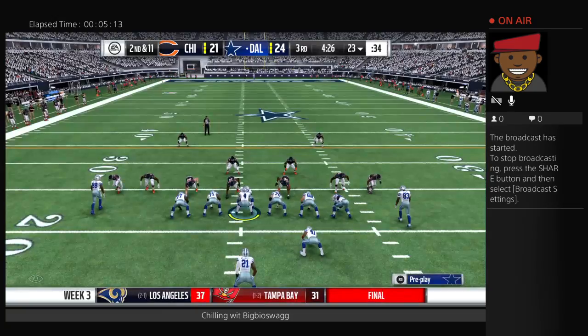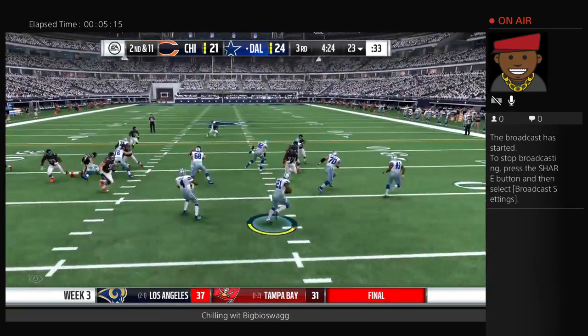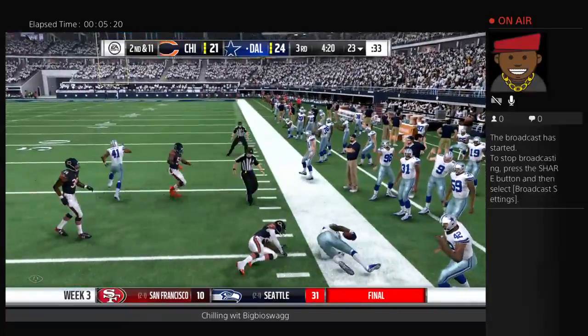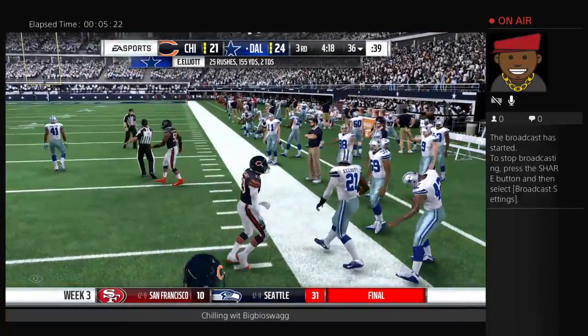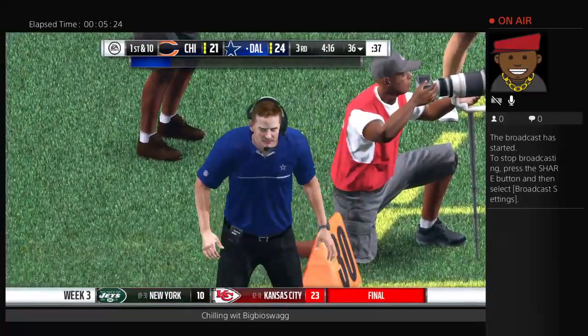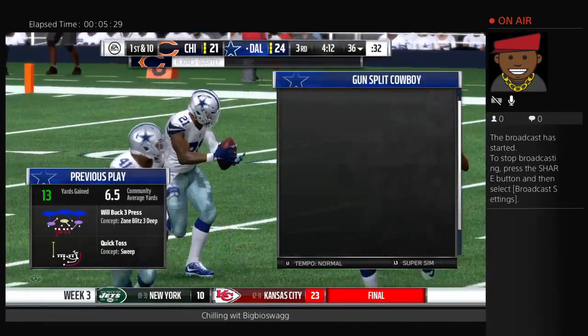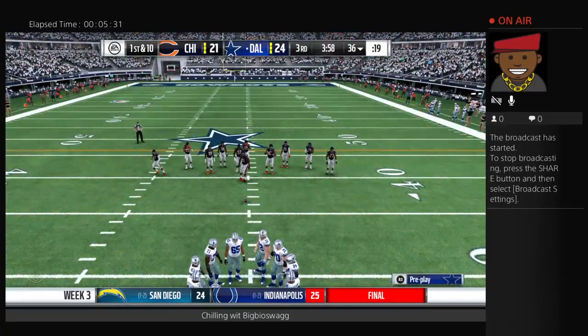Come up in an offset eye. They'll try the sweep with Elliott. Oh, he's got a little daylight. And they're able to get this one across the 35. That one goes for 13 yards, and it moves the sticks. And he continues to pile up the yardage. That puts him over 150 now. And this defense is...